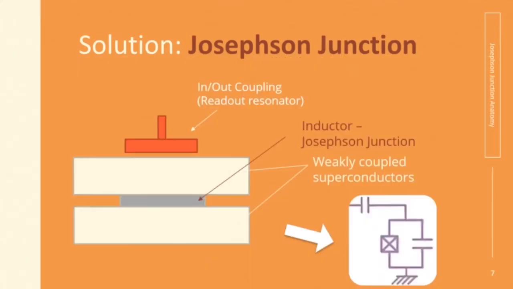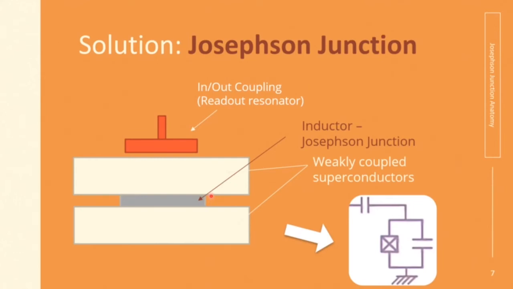We have one such element called the Josephson junction. The basic structure has very weakly coupled superconductors and a very thin insulating layer, called a Josephson junction. The Josephson junction basically acts like a nonlinear inductor, and the reason for it will be explained further. The Josephson junction is a new device that defines a new computational system, and to make it a qubit, we